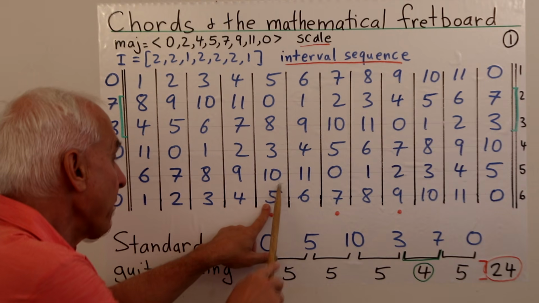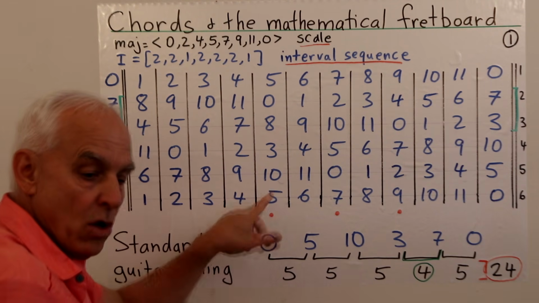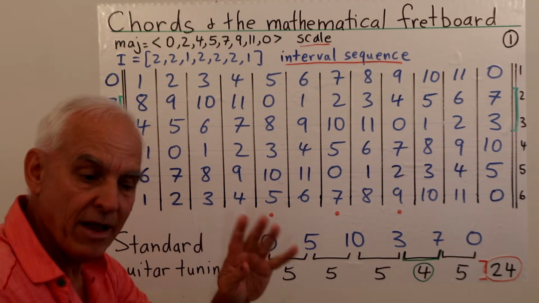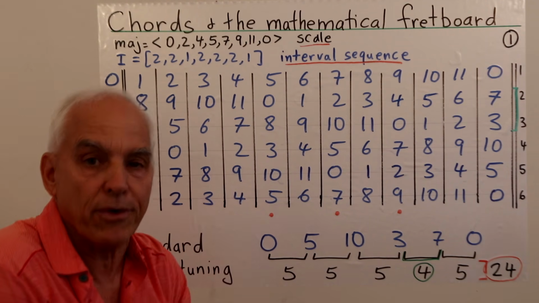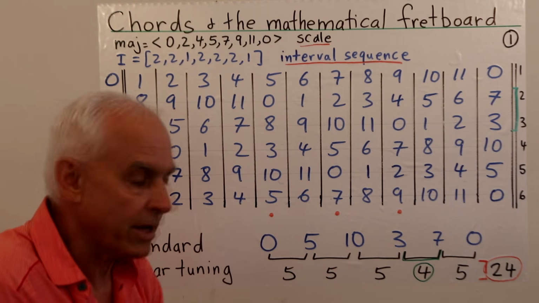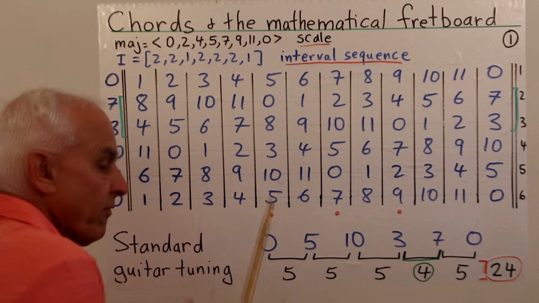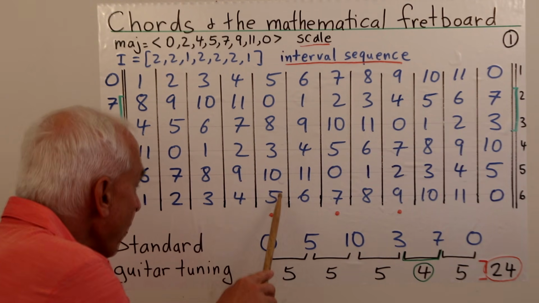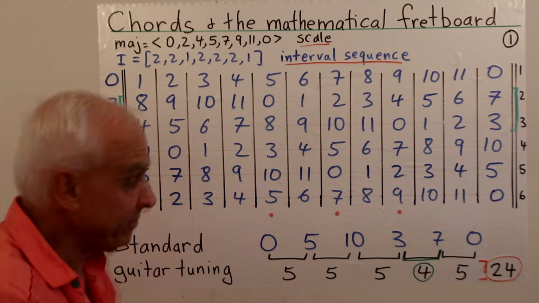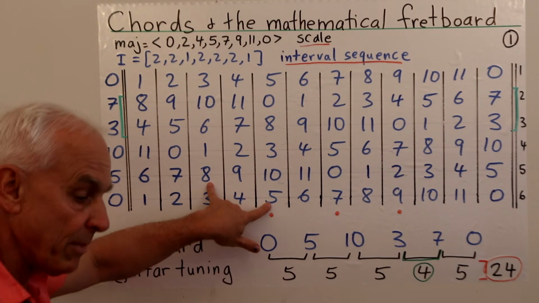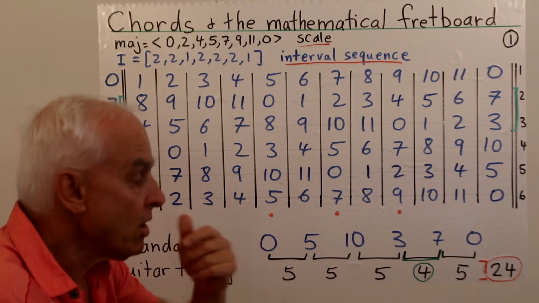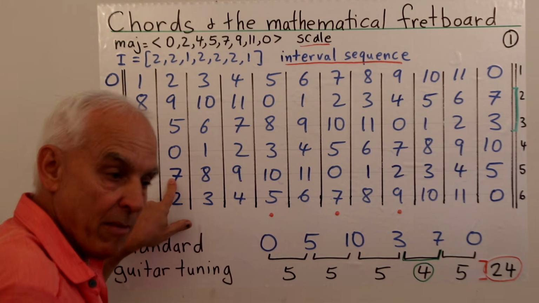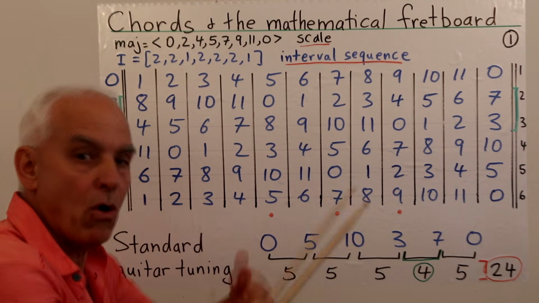Also very important is what happens if you go from here to here. Well, that's a four step. Four step from 5 to 9 is a four step. And a four step is like a major third. Okay? And so that's also a really important thing to appreciate, that going from here to here is a major third. And going from here to here is a three step. As you can see by the numbers, it's a three step, which is a minor third. And finally, going from here to here is a two step, which is usually called a whole tone.